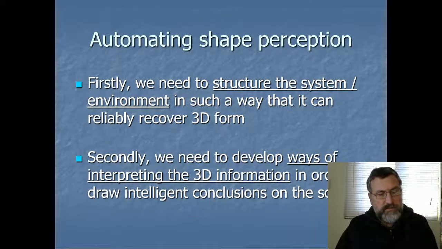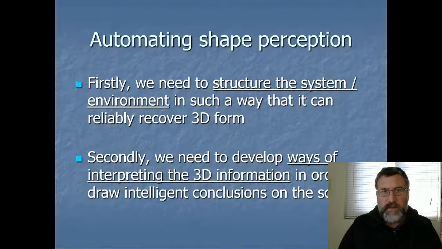Yeah, well, traditionally in machine vision, the simple answer to that would be we structure the environment, so that we know what we're recovering in terms of the 3D data. Nowadays, with the latest developments in AI and deep learning and convolutional neural networks, hopefully there's a little less requirement to do the first part, and we can do a little bit more of the second part, where the system can intelligently interpret the 3D information it's capturing and draw conclusions